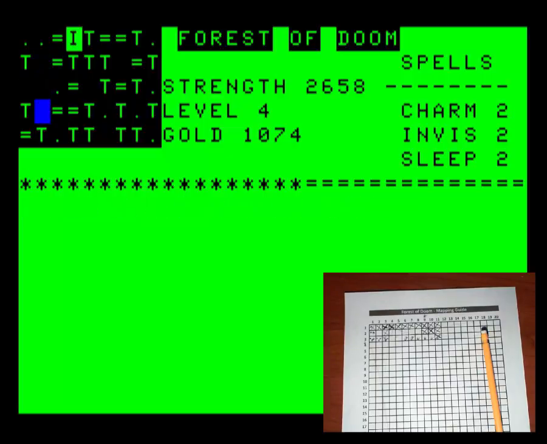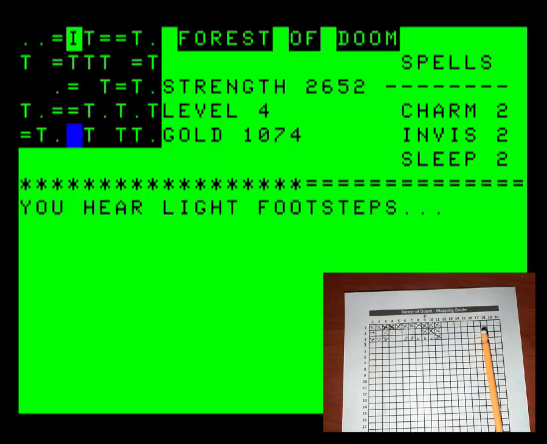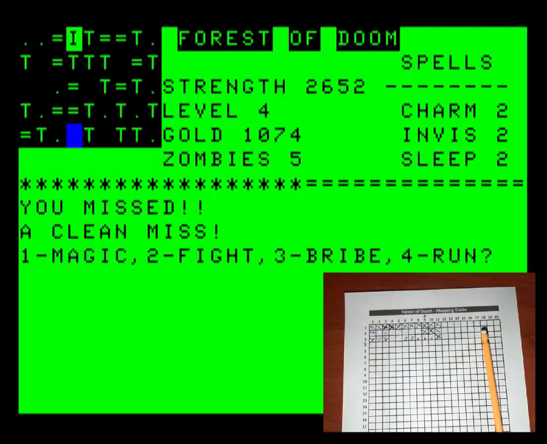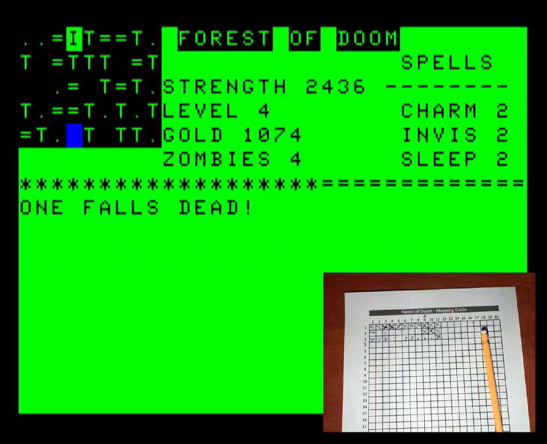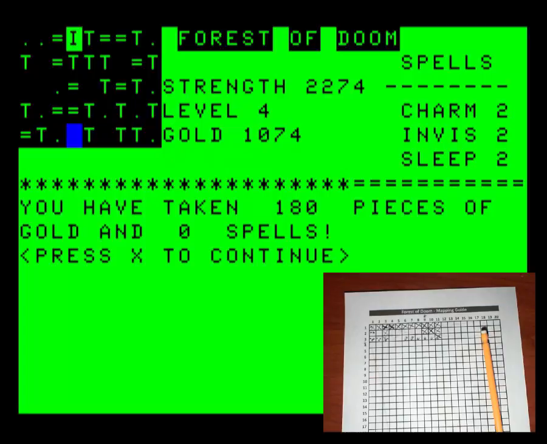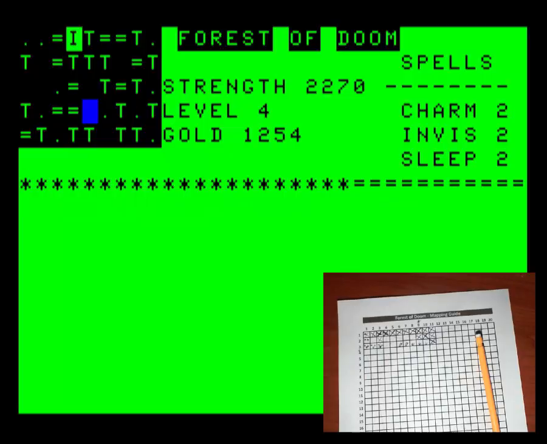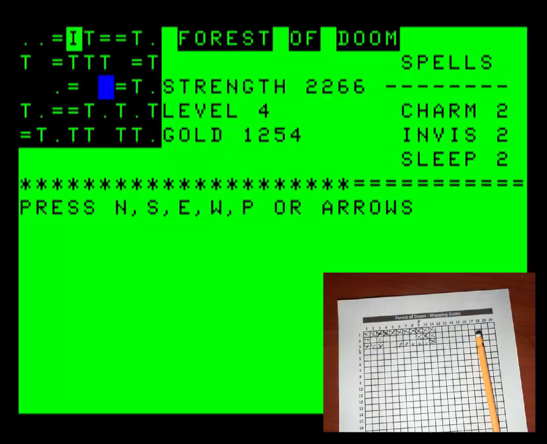Build up the strength and levels. Five zombies. 180 pieces of gold. Fantastic. A little bit more XP. Make our way back up towards the inn. I think I keep saying castle, but making our way back up towards the inn. I didn't get a whole lot of sleep last night, but